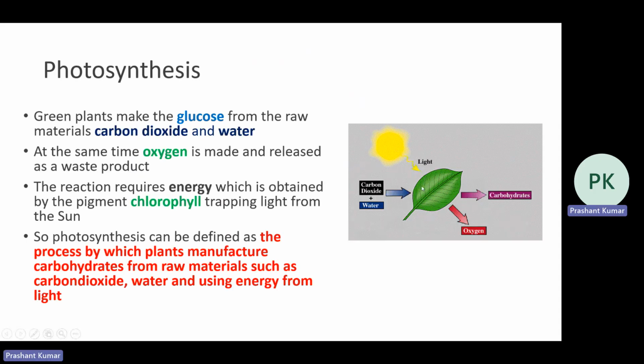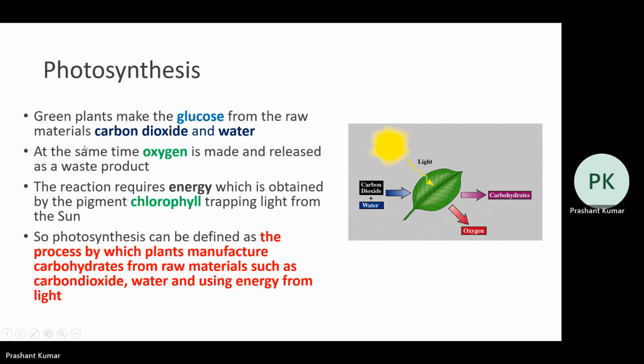So without the sun's energy, this process is impossible. And the second thing is the chlorophyll pigment, because chlorophyll is the molecule which is going to trap the sun's energy. So if the chlorophyll molecule is not there, this process is impossible for the plant to do. So generally photosynthesis occurs in all green plants. We say green plants because they have chlorophyll and they make glucose from the raw materials, that is carbon dioxide